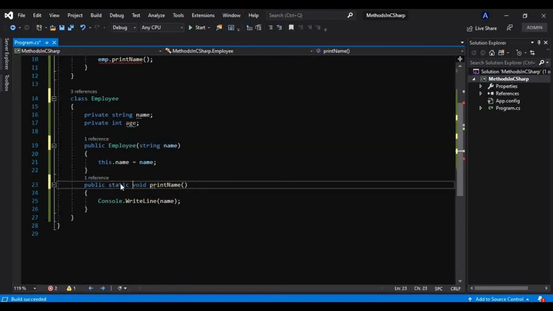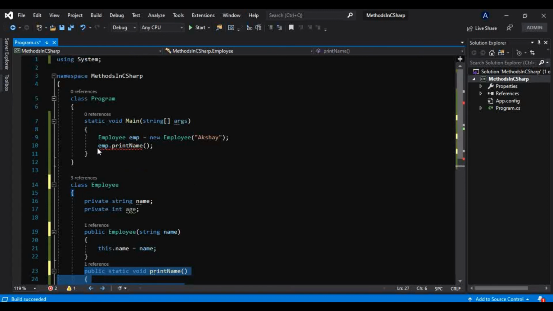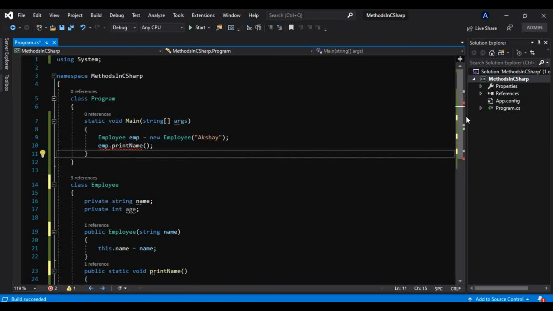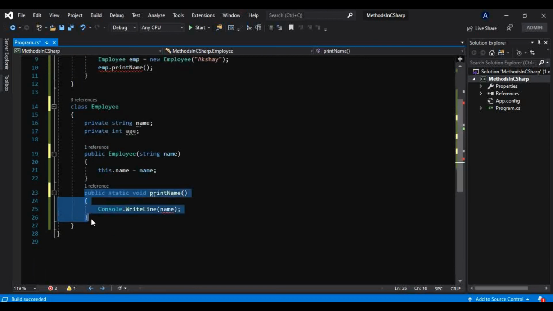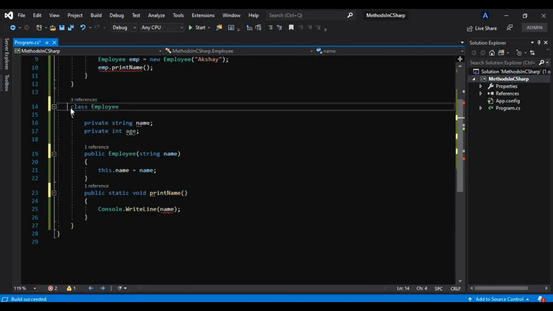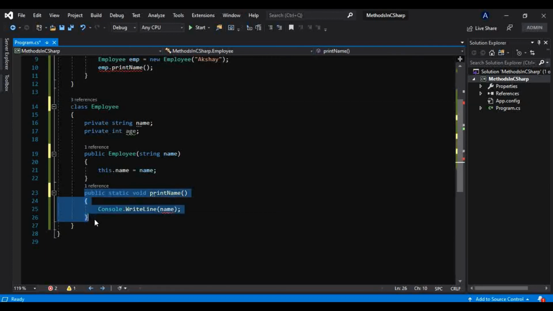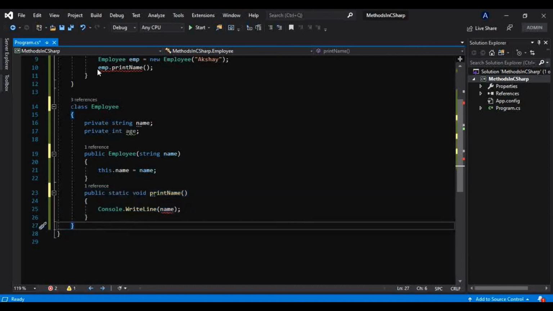As soon as I make this static, this method will no longer be accessible from this object of your type, that is your class Employee. Why? Because all of the static members present inside this class get stored separately in the static memory, and every static member of your class will be shared by your objects.